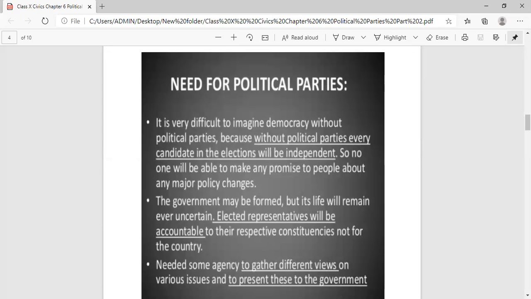So when we talk about the requirement of political parties, the few things that we take into account are, as we said, the independent candidates, even if they win, they cannot have their opinion presented in the government, because for that you need a kind of majority support, and that could be possible only if you are a part of a certain political party. So here it is explaining